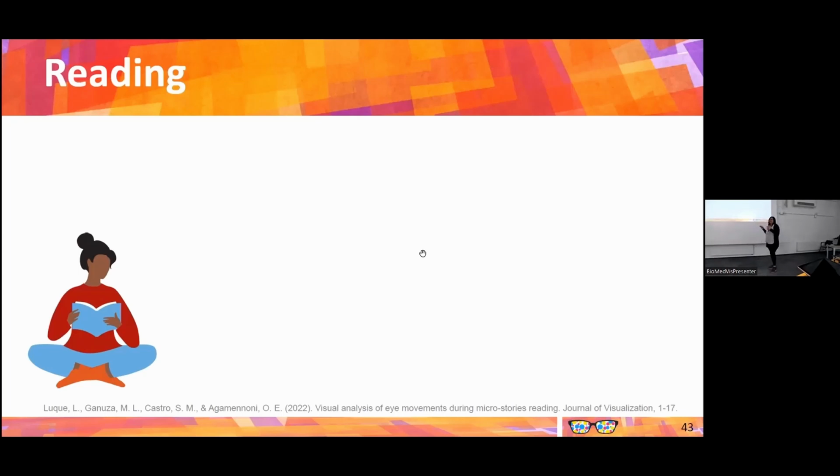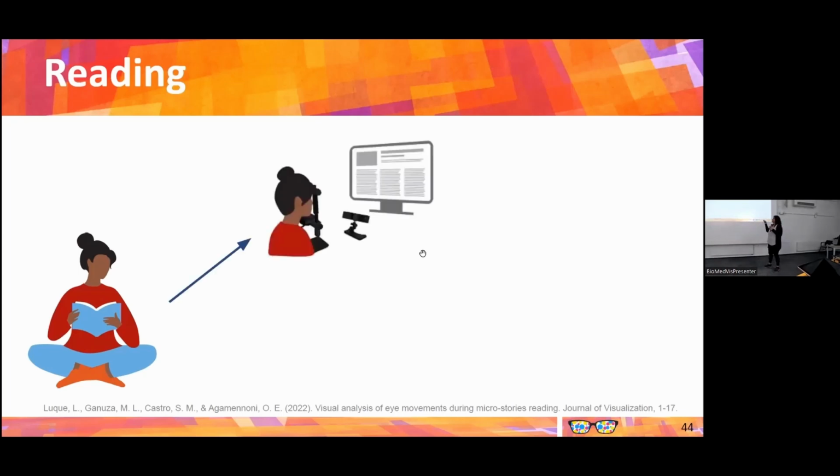How can we analyze how people read? Well, scientists have embraced the use of eye trackers. I'm sure you know what an eye tracker is. It is a device that can measure where you are looking at in a moment, and it gives you a lot of information.